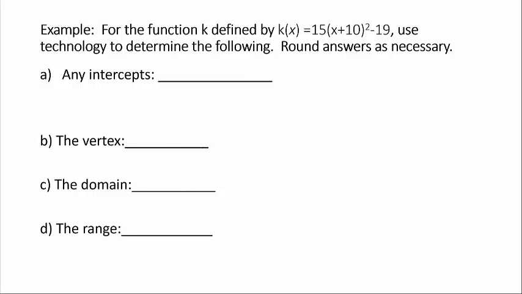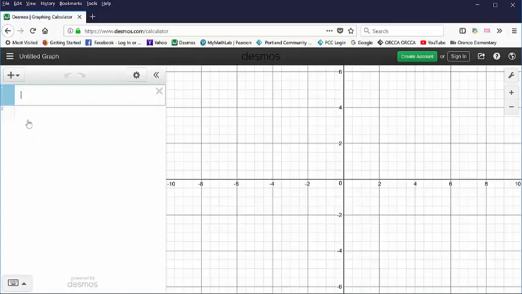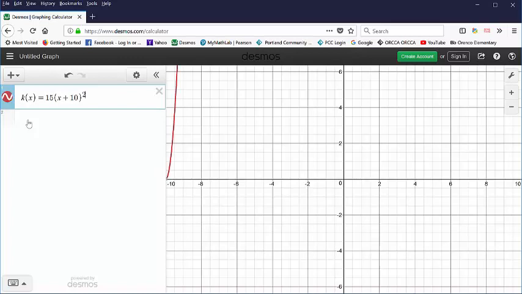Okay, so this is a quadratic, and we're being asked to find the intercepts and the vertex and the domain and the range of this parabola. Since it's saying use technology, let's do that. I'm going to go to Desmos, and I'm going to enter k of x equals 15 times the quantity x plus 10, all squared